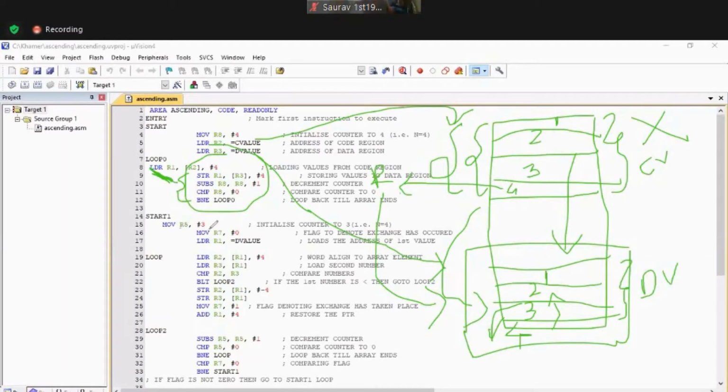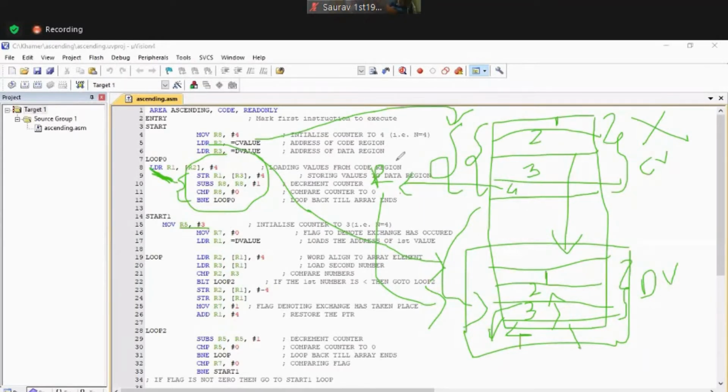Then now what we will do? We will try to do the operation on the second part of the memory. We will not touch this first part. In the second part, I will make R5 a counter by loading 3 numbers. Why am I loading 3 numbers? Because one number I will take as constant, and the other 3 numbers we will compare, to check whether it is less than or equal to. That is the reason it is 3 here.